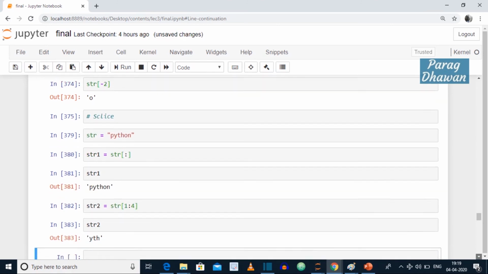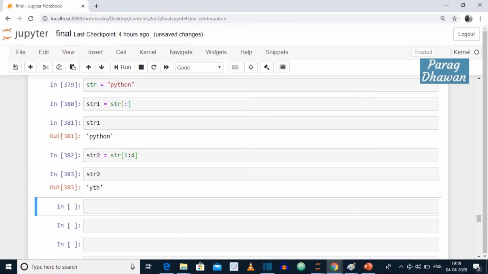If I want to slice the string from the second element till the second last element, then I will write str3 is equal to str. The index of the last element is 5, which will not be included if I write 5.